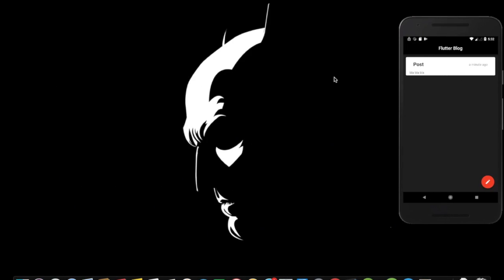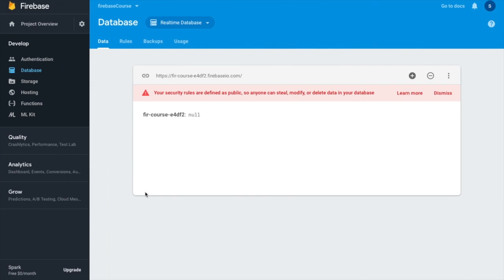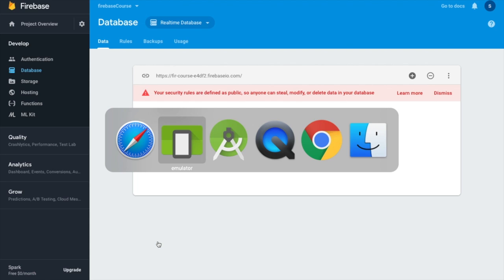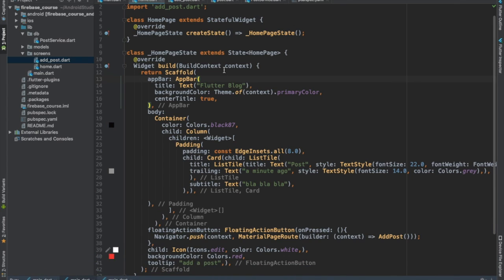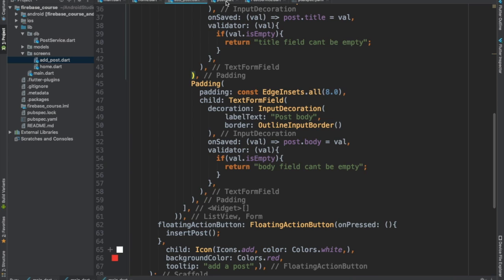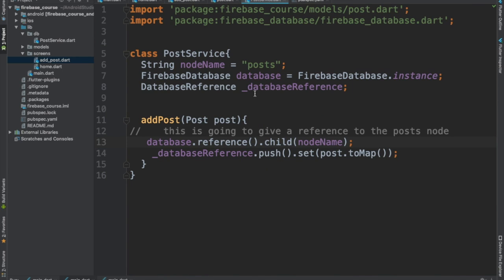Okay, good. Now, let us see how our Firebase is now. For now, good, no problem. So what we can do is the following. Let's go to our add post on post service, and in here